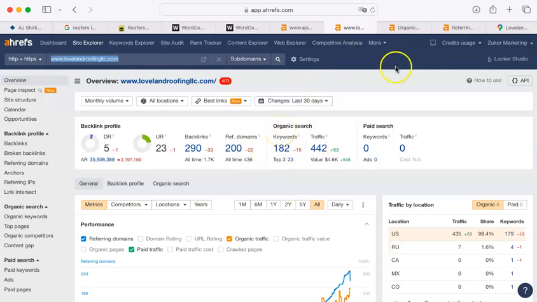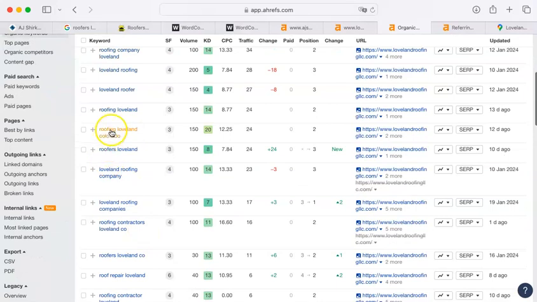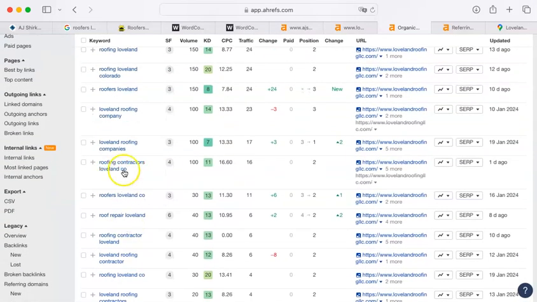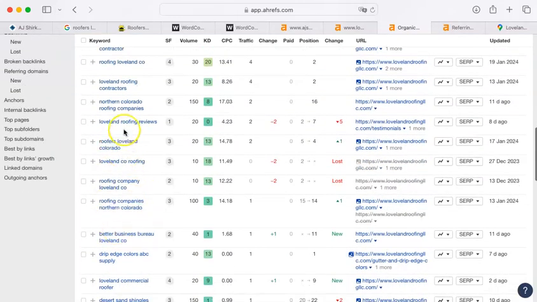That's what the algorithm is looking for. Here are the keywords they use: Loveland, Colorado roofers, roofing companies, Loveland, roofing company, Loveland. Now you can see it's the difference between singular and plural: roofers, roofing, roofing company, roofing contractor, contractors. So there's a lot of variations that are really simple, but make sure that they are in your website, because